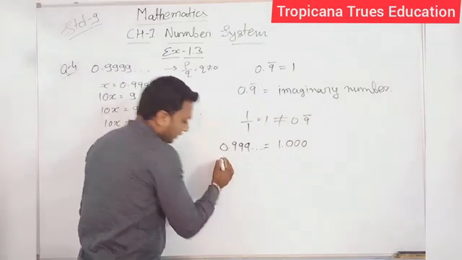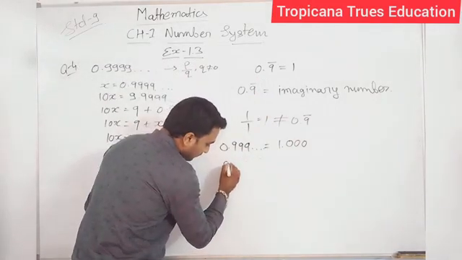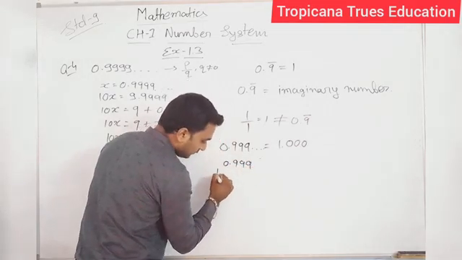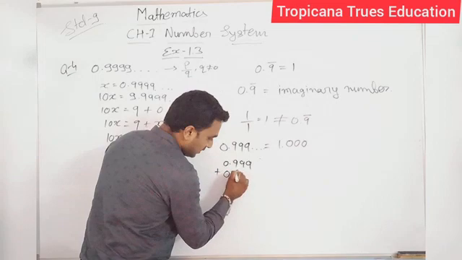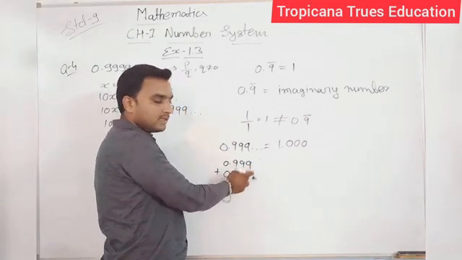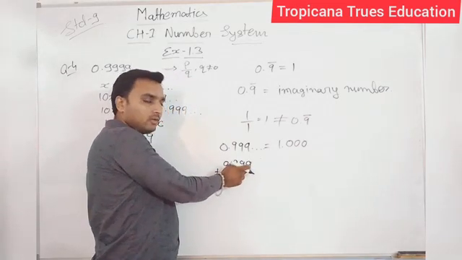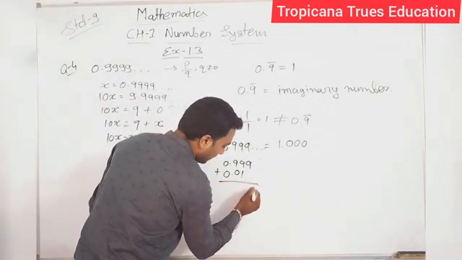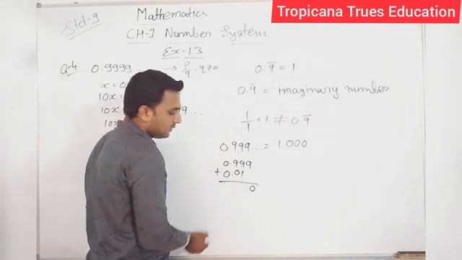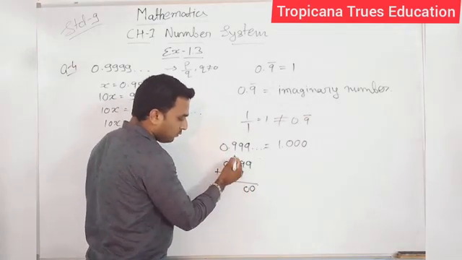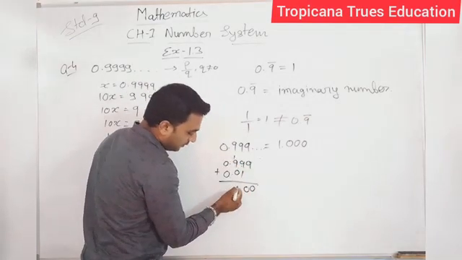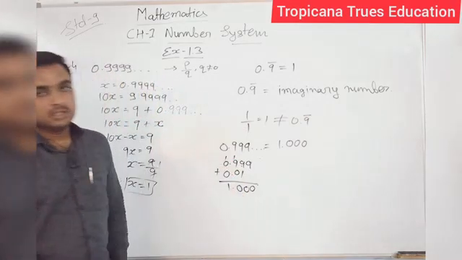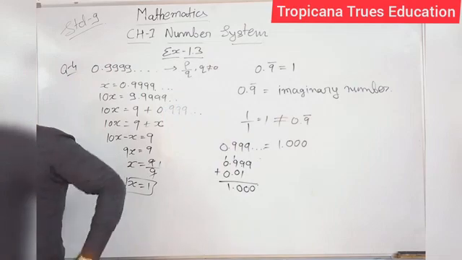So see here, I will add 0.01. Why? Because here it is 9, which is more than 5, so I add 1, that is 0.01. So here it is 0, here it is 10, so it is again 0, 1, here 1, 9 plus 1 again 0, here 1.1. Clear? So that's why we can write it this way.